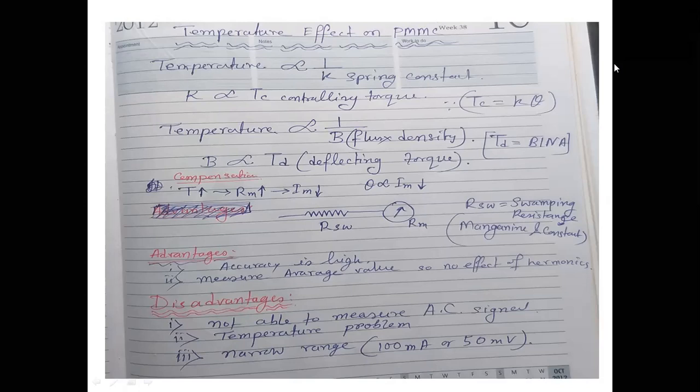And as one spring is still there, which provides the controlling torque, the pointer will come back to the zero position due to the only one spring. Because there is no current, no flux by the coil, there is no deflecting torque, so only one spring can